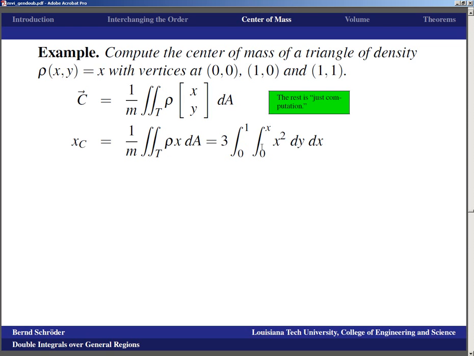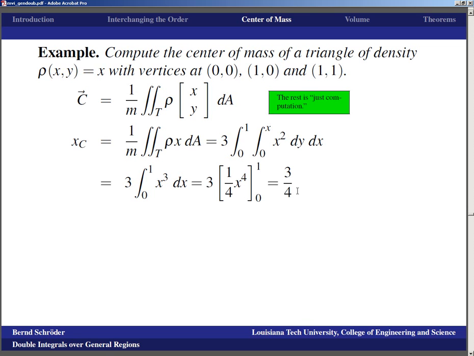The integral bounds we already know because we're integrating over the same object as before, so we go from 0 to 1 in x, from 0 to x in y, and because the density was x, we have an integrand of x squared. In the same fashion, the integral of x squared dy is x squared times y, and from 0 to x, I get x cubed. If I integrate x cubed, I get 1/4 x to the 4th, so I get 3 times 1/4 x to the 4th from 0 to 1, which gives me 3/4